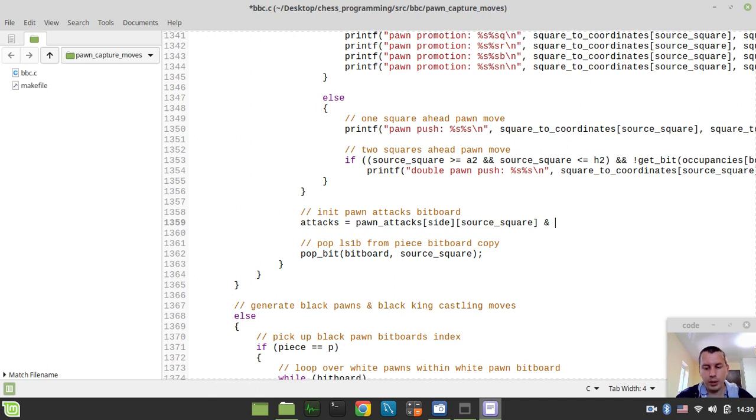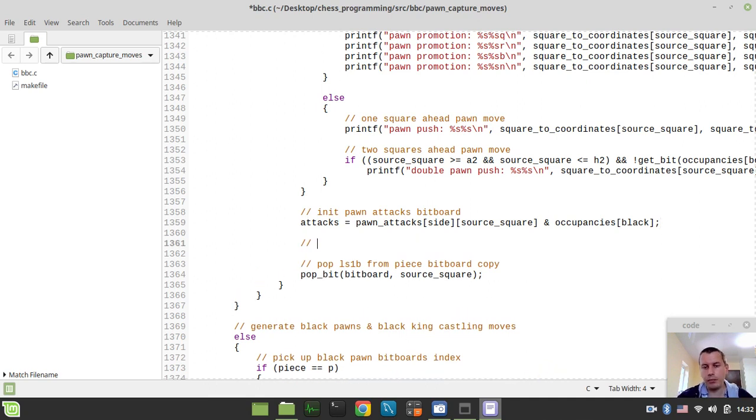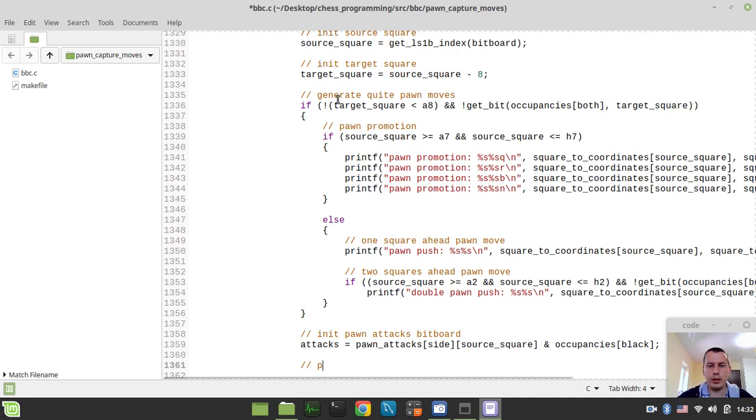So we need to bitwise AND this with occupancies indexed by black pieces, like this. And as soon as we obtain the attack map for the current given pawn located at the specific square on the white pawn bitboards, we can now already start generating our pawn capture moves. So I just want to say, like, yeah,